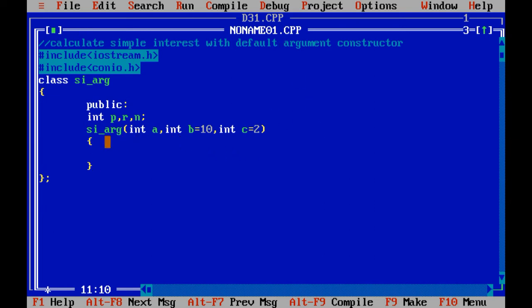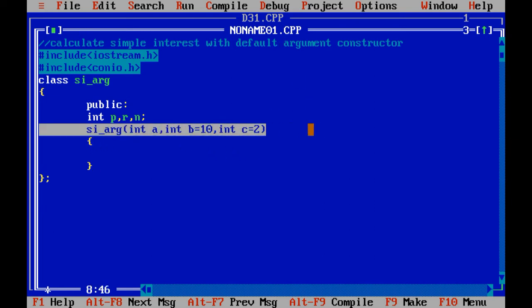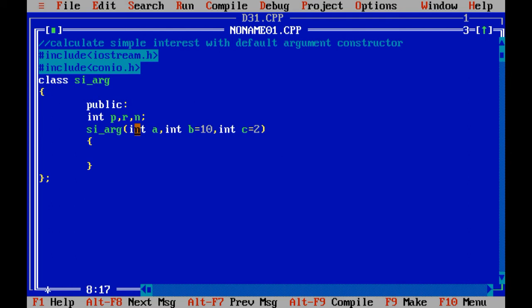So see, this is the correct way which we have already discussed. I am not going to discuss it right now, because how to give a default argument value we have already discussed in our notepad file. P equals a, r equals b and n equals c.